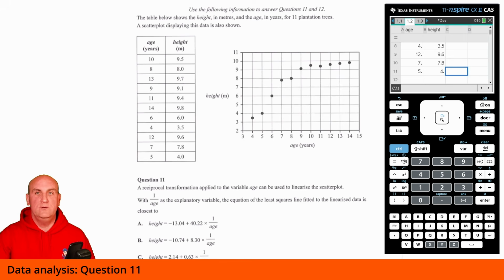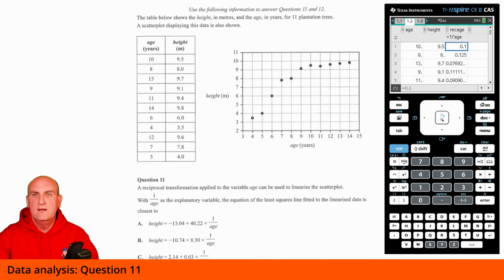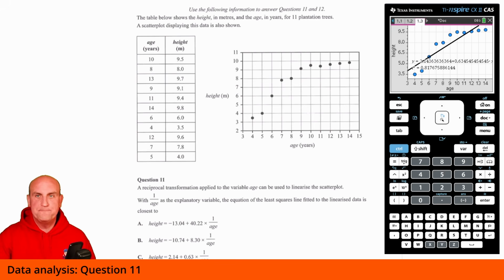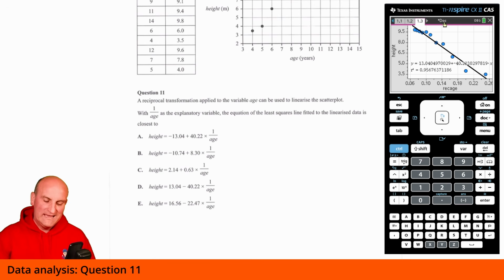So now what I'm going to do is I'm going to do the reciprocal of age. So I do rec age, I do a title, I'm going to do equals 1 divided by my var of age. Hit enter, and yep, it'll overwrite whatever data I've got in there. And there we go. So now go back here, change my age to rec age, and what happens? There we go. We get a nice, almost straight line, and I've got my linear regression line. So we've got to now try and fit it to the right one there. So again, in many cases in these exams, they'll try and trick you by writing height and age the wrong way, or some of these they'll miss 1 on age, but here they did it.